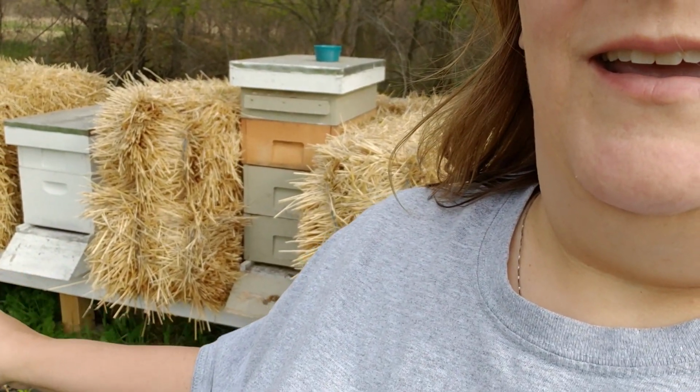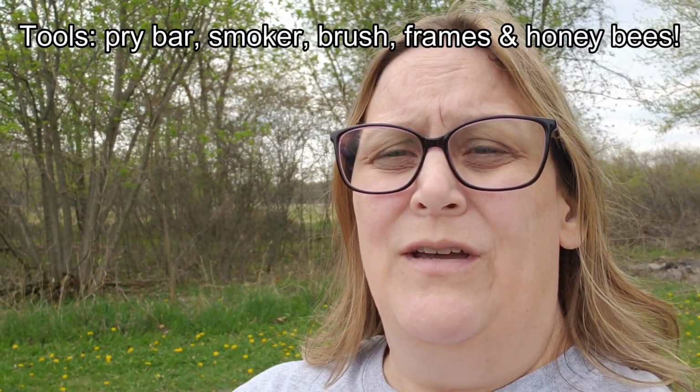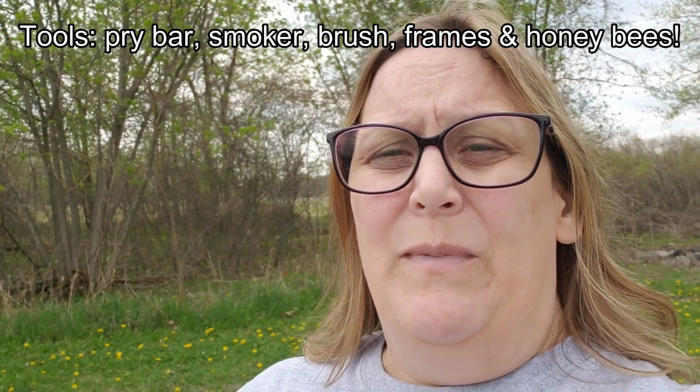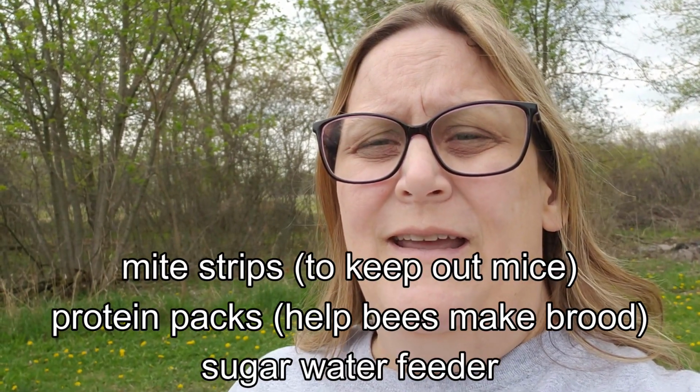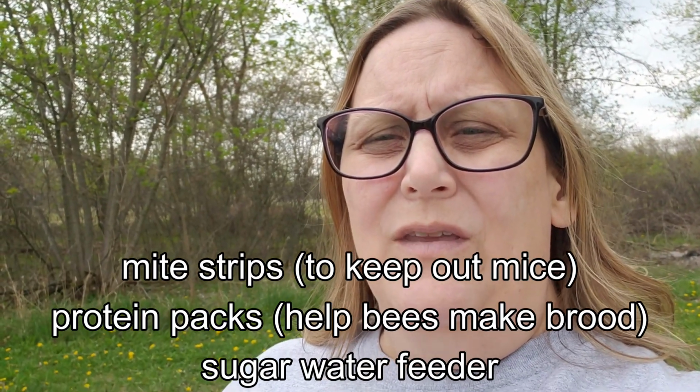We've got a new hive that we need to install here, and I'm going to walk you through what we need to do. Here's a few things you need to know. You also want to make sure you get all your tools around and ready, things that you'll need, maybe a pry bar if you're opening an existing hive so that you can get things open, and a brush to brush off any bees that might come onto your person, and of course your frames that you need to have as well,